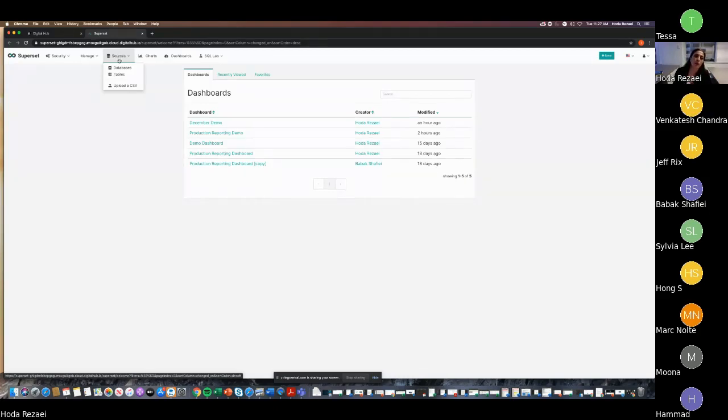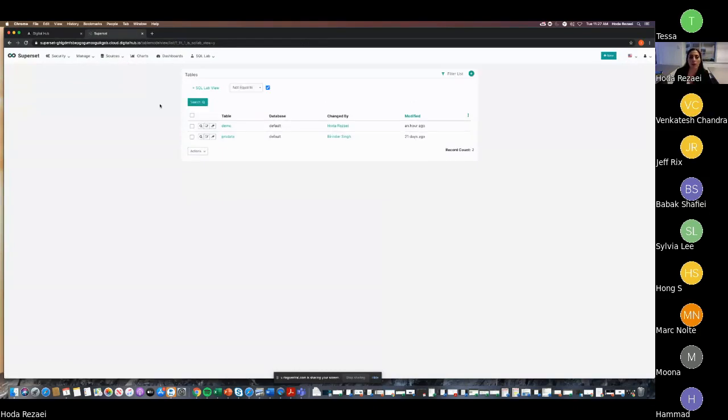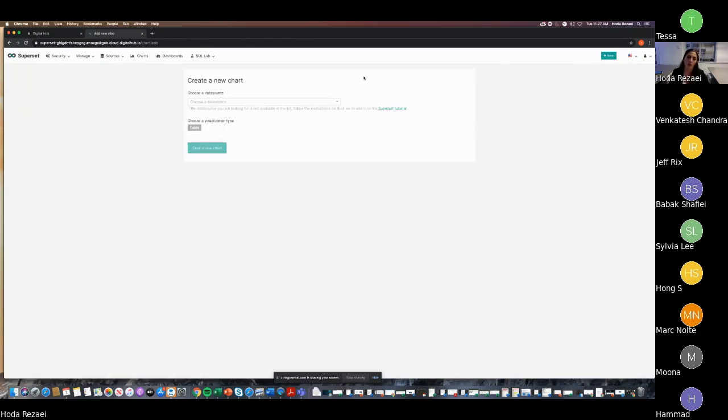First, I'm going to use the table that Sylvia has put into the database for me. So the same data that Sylvia has created, I can see it here. And I'm going to go ahead and create a chart, to show you how you can quickly and easily access your data that has been prepared for you,